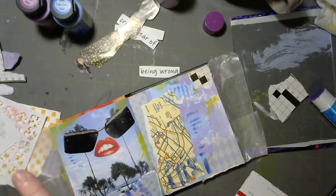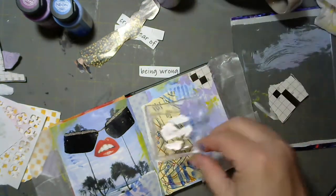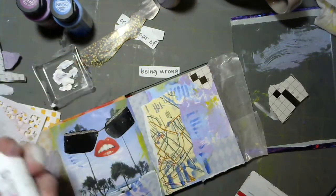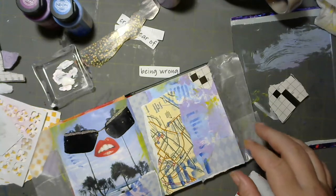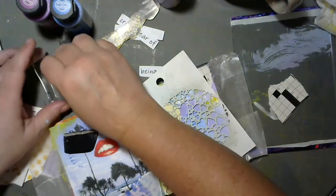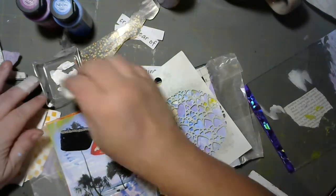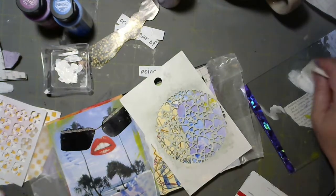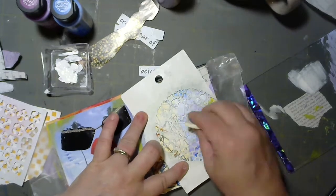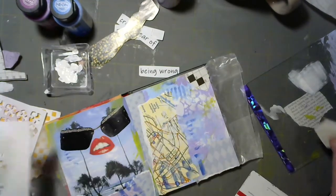And then I want some white. Actually, I have a thing for white because I use white quite often. One thing that Kat will tell you is that white makes everything pop. Flip you back over. Whew, that was way too much. Black and white will make things pop. When in doubt, if you hate something...